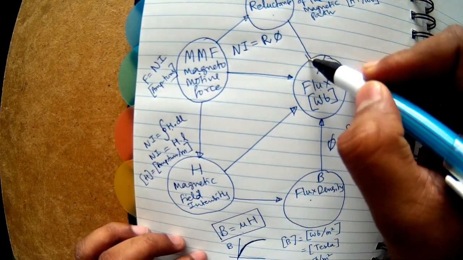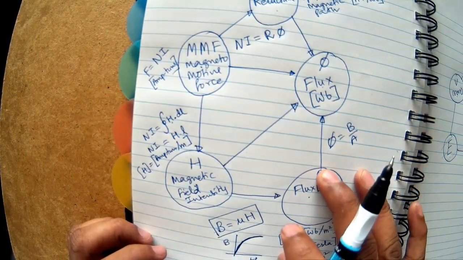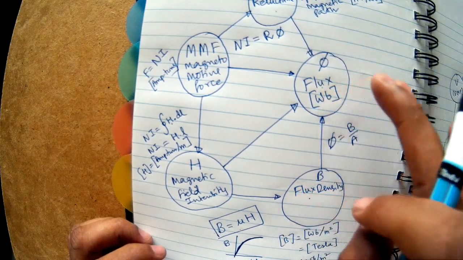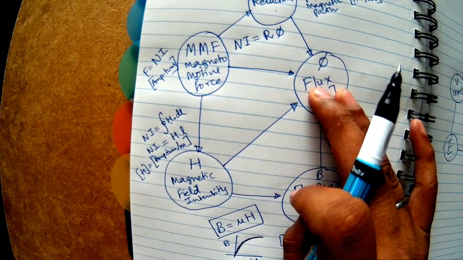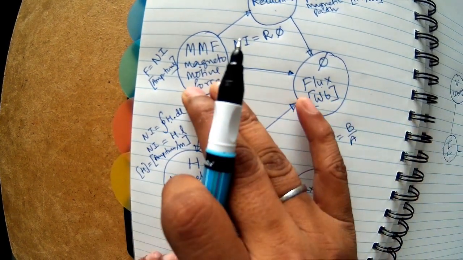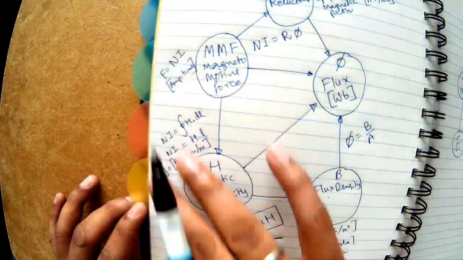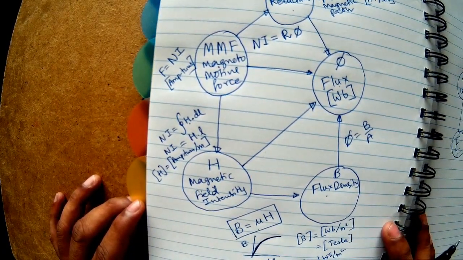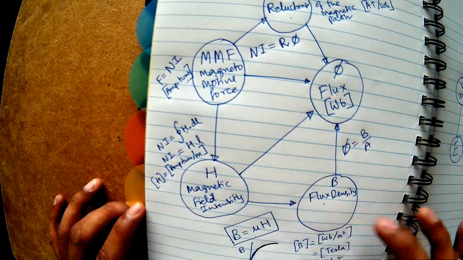So in any case, the objective is to find the unknowns from the knowns. Okay. So if the MMF is given, then you may have to find the flux, or if the flux is required, like what will be the MMF required to generate so much flux? That might be the question. Then you can calculate the MMF. Overall, the objective of this short video was just to introduce you to these terms. Okay. So I hope I have discussed units and most of the things.